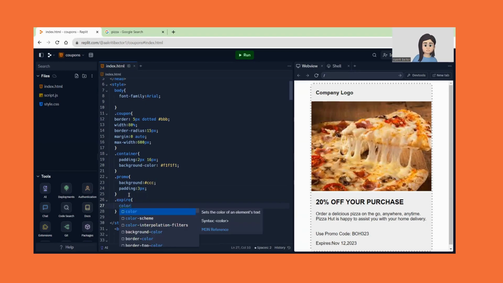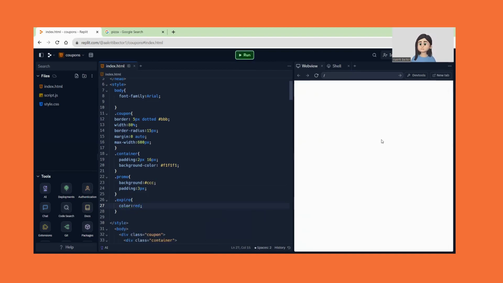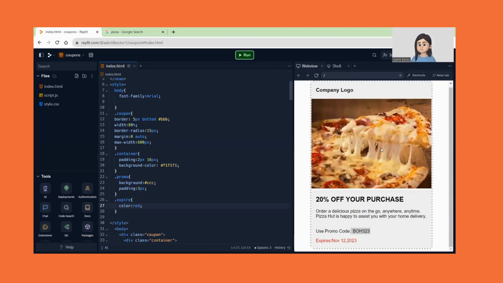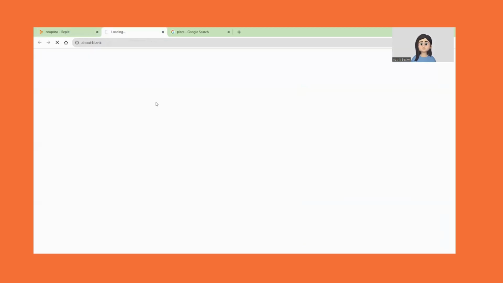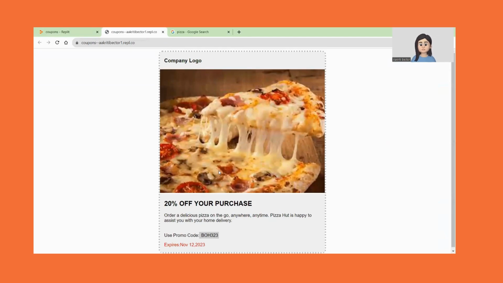The expiring part is going to be shown in a red color. If you have noticed, it always shows in a red color. So finally it's ready and you can have a look. It's really looking very nice. Like we see any of the coupon when we just do